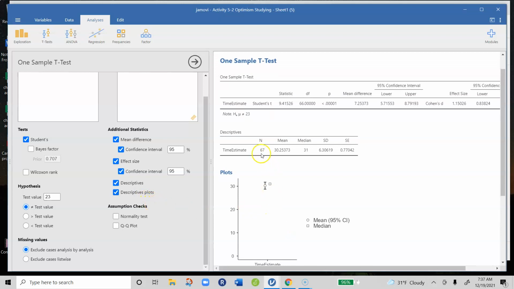You can see that we have 67 people in our data file with a mean of 30.25. So people actually read for 23 minutes, but they thought they read for 30.25 minutes. And so we computed a single sample t up here to compare that mean of 30.25 to 23. You can see that the 23 is listed here as a reminder that we're comparing our sample